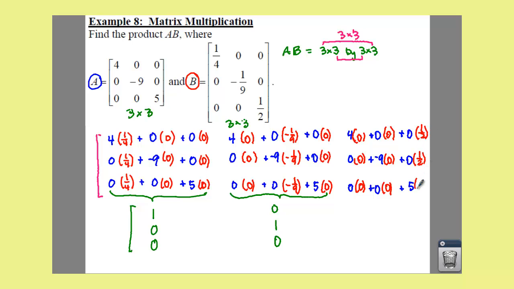So what you're really going to need to make sure you do is you are checking for patterns. Patterns. So then down here, what we get is, we add all these together, we get a 0, a 0, and a 5/2. So your final 3 by 3 matrix